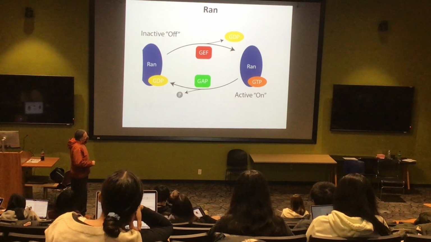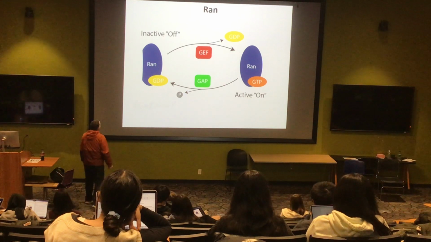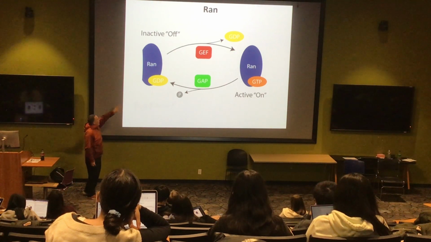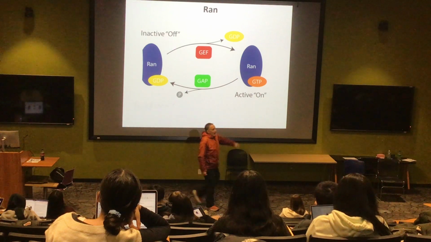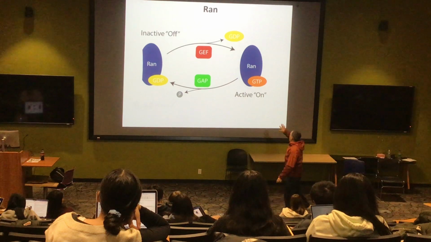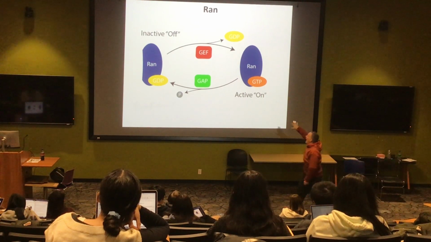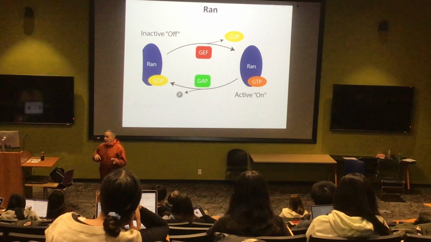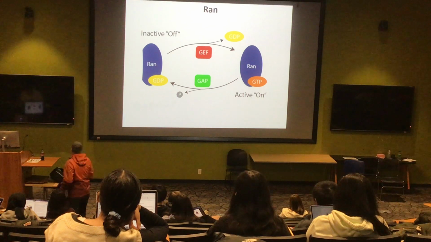So the one I'm showing you here is RAN, but this is actually quite general. The key to these complexes is the following. First of all, RAN will have different conformations, whether it is bound to GDP or GTP. In this case, this RAN protein in the GTP bound form will have a certain affinity for the RNA and a different affinity in the GDP bound form. So by binding to GDP or GTP, the shape of this protein is,